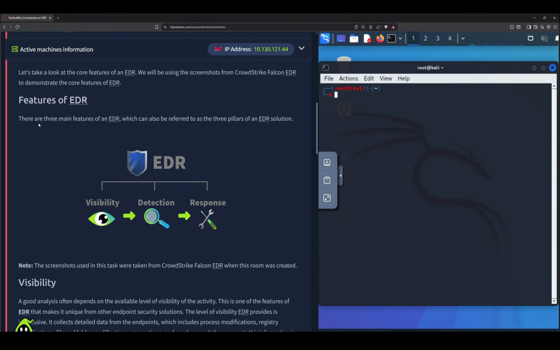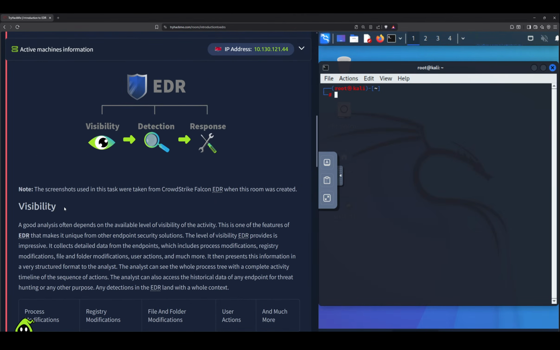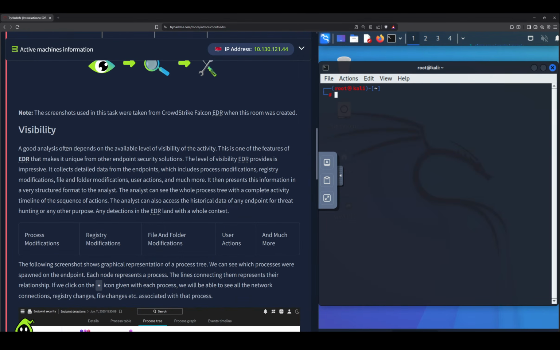There are three main features of EDR, which can also be referred to as the three pillars of the EDR solution: visibility, detection, and response. And a good analyst often depends